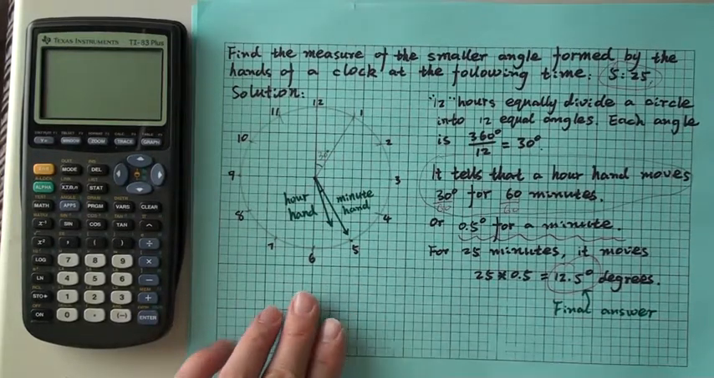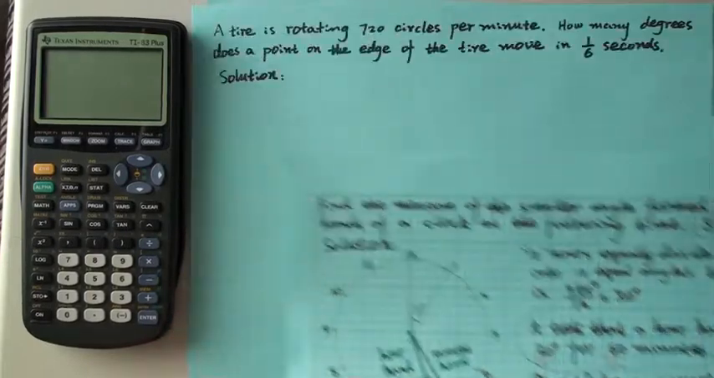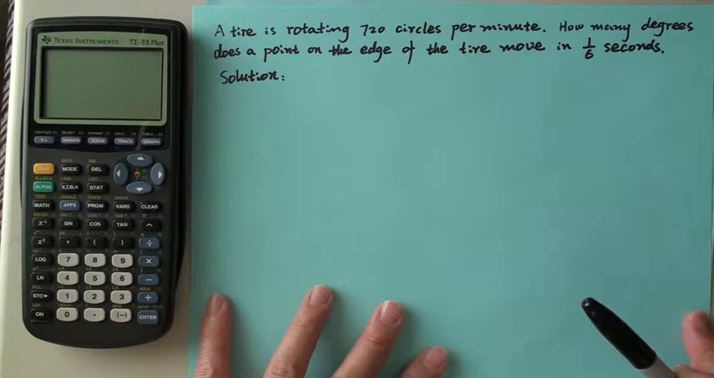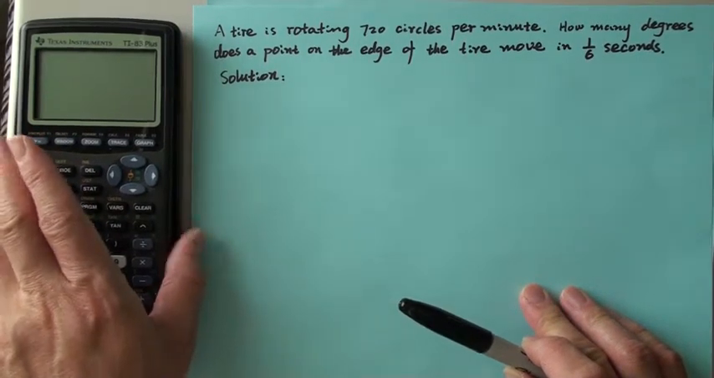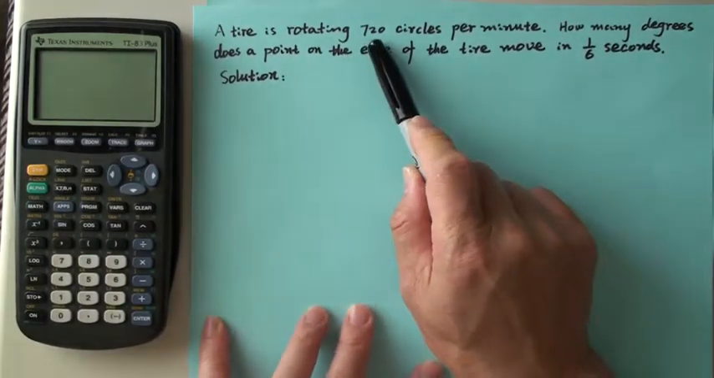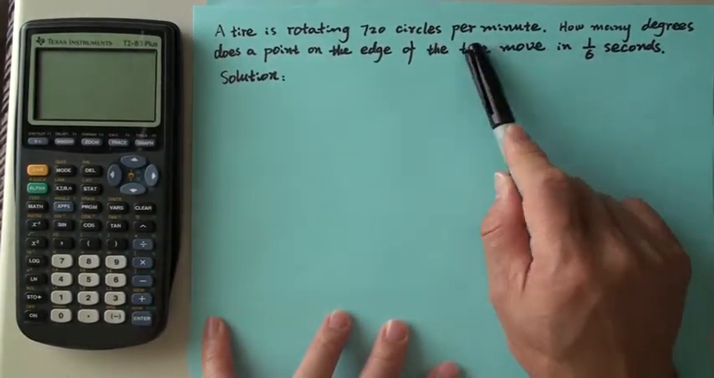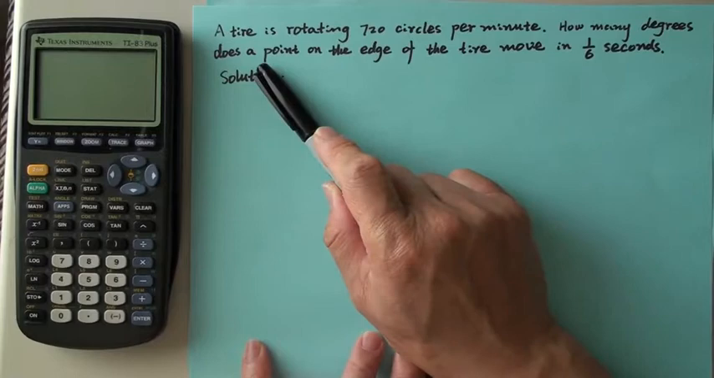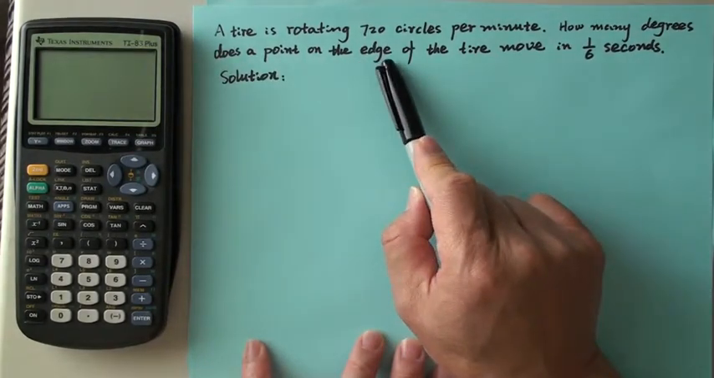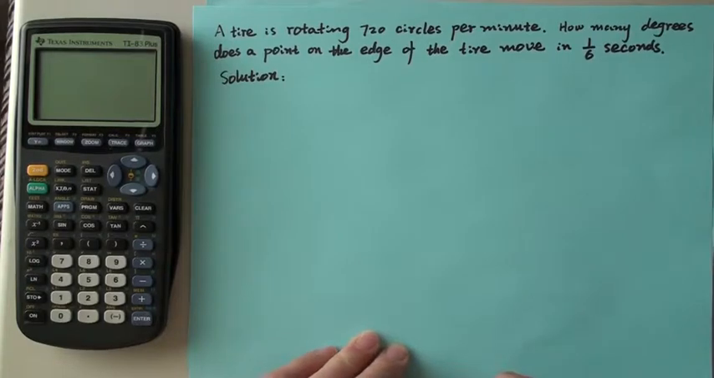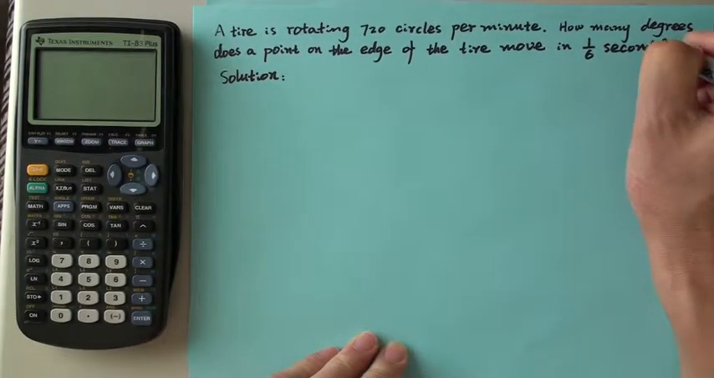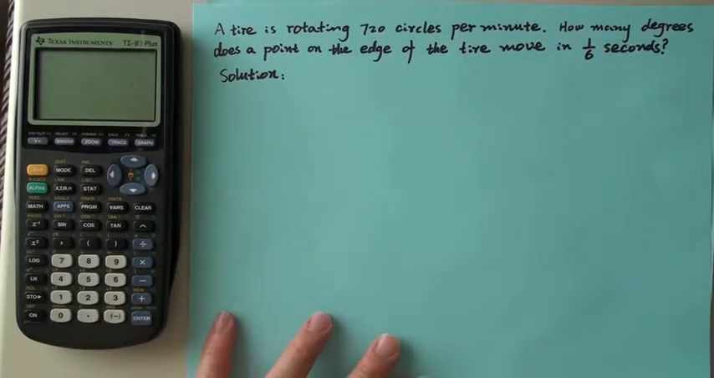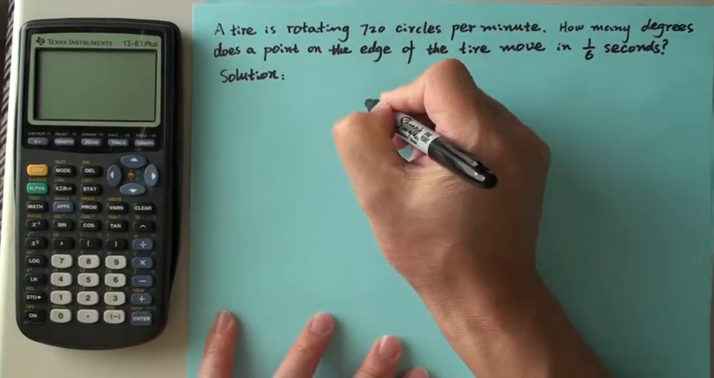Now let's look at the second example. The second example is also an application. It says that a tire is rotating 720 circles per minute. Then the question: how many degrees does a point on the edge of the tire move in 1/6 seconds? Now, we know one circle is